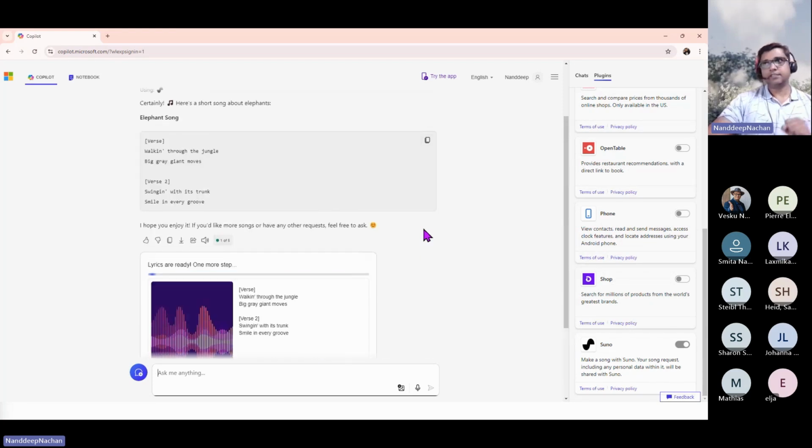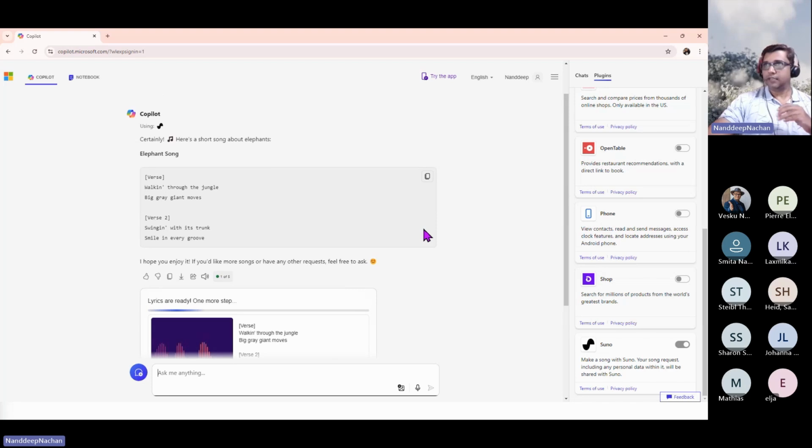But the magic that happens here is that each Copilot plugin has its own metadata, for example, the title as well as the description. If you have a look at the description here, it says: make a song with Suno, and your song request, including any personal data within it, will be shared with Suno. So there is metadata available which helps Copilot detect that it can help you